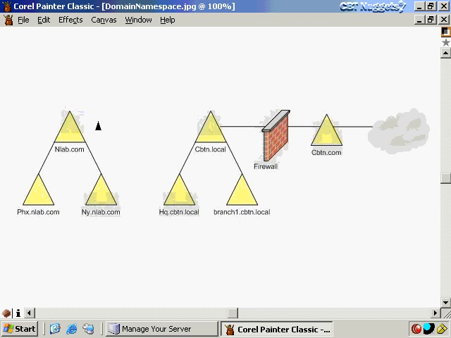Another thing you could do is if these two companies were related to one another. I mean, we set up nuggetlab.com, and when we set this up, we already owned cbtnuggets.local. We already knew that they were going to be part of our organization, that they were going to need to print to printers in New York and access file shares in Phoenix, and back and forth, and so on and so forth. Well, what we can do then is to create this root of this forest right here, and then we can keep building our child domains, but when it comes time to building up the first domain controller over at cbtnuggets.local,